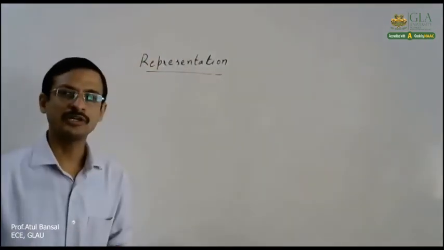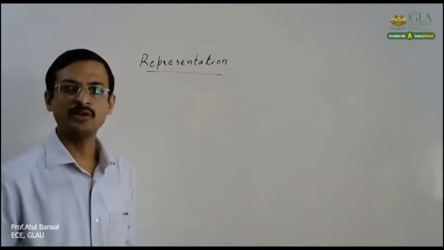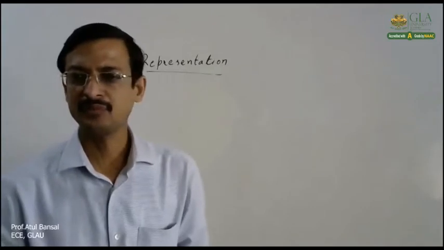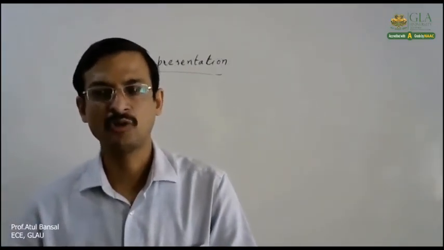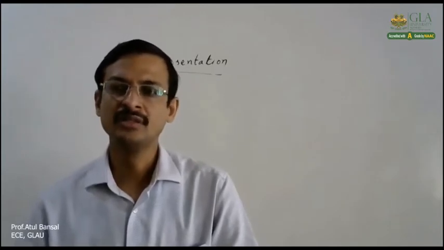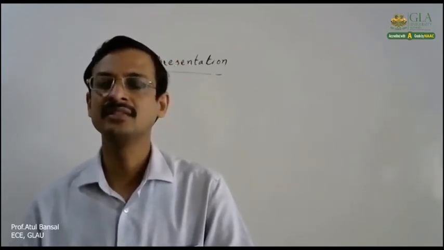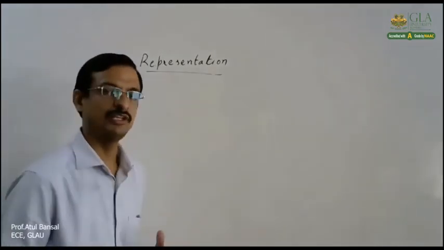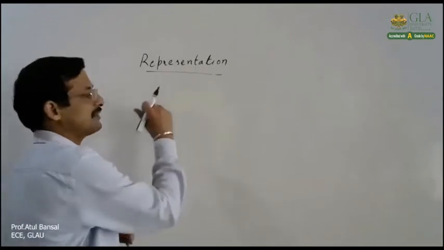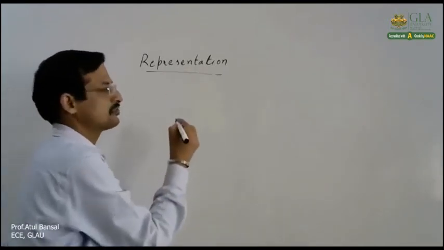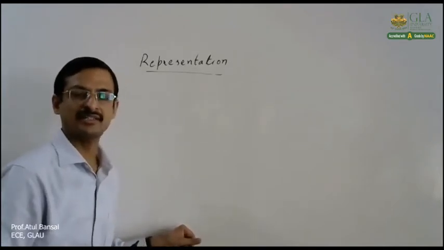If we talk about continuous time signal, there are two different ways of representing. When I mean continuous time, it means that I am assuming that the independent variable is time. As most of the time in this subject, we will be dealing with the independent variable as time, the things we are discussing will be with respect to that time. So a continuous time signal can be represented using two methods. One is using mathematical function and another is graphical.